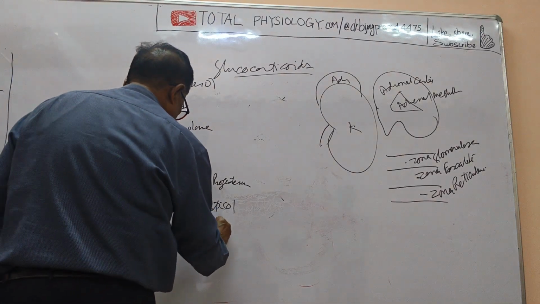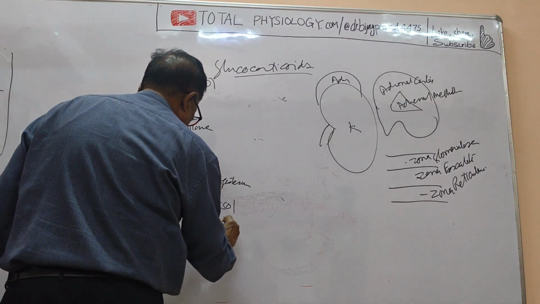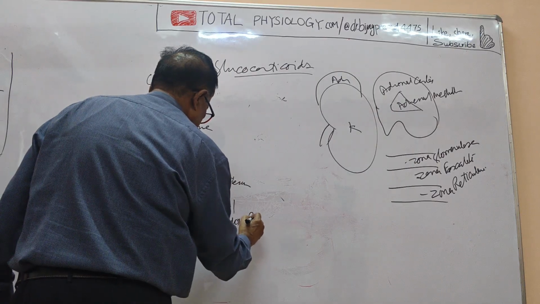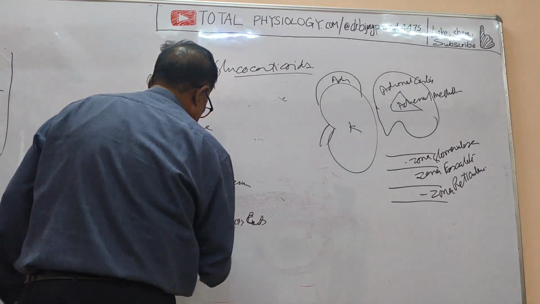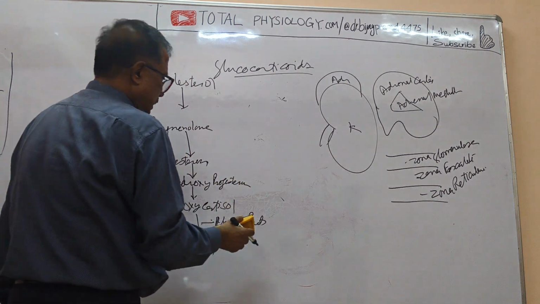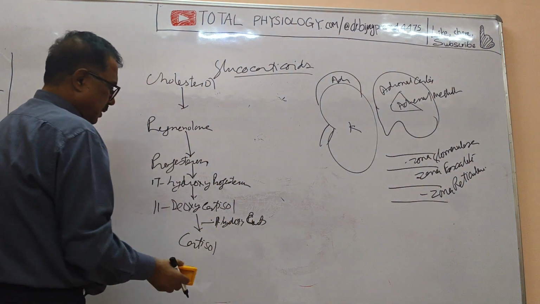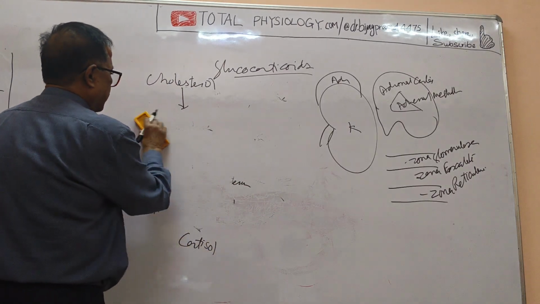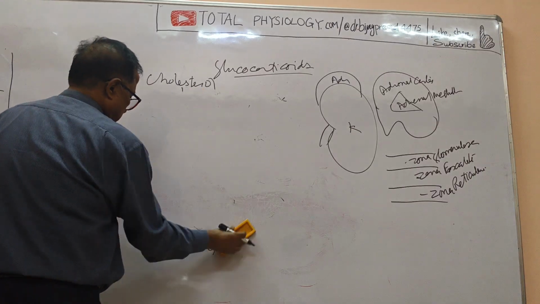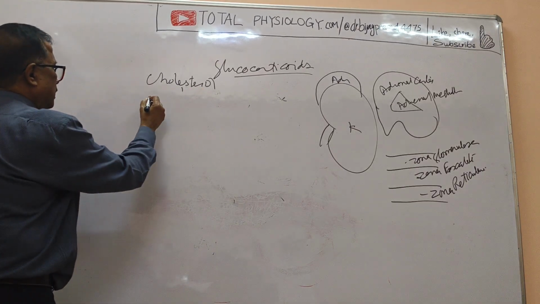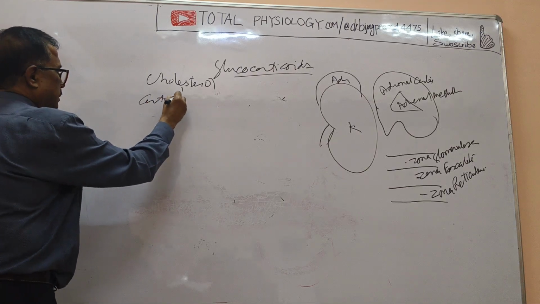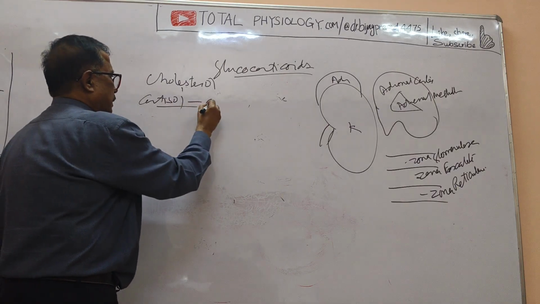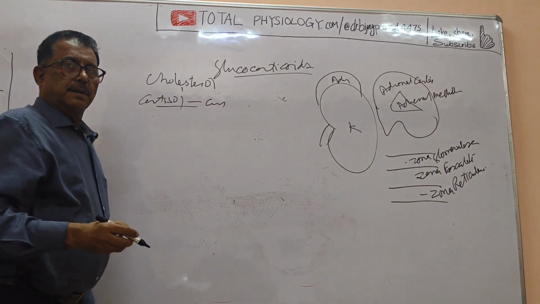This enzyme 11-hydroxylase is present only in the cells of zona fasciculata. Therefore, cortisol is formed in the cells of zona fasciculata. After formation, cortisol is released into the circulation, where it is